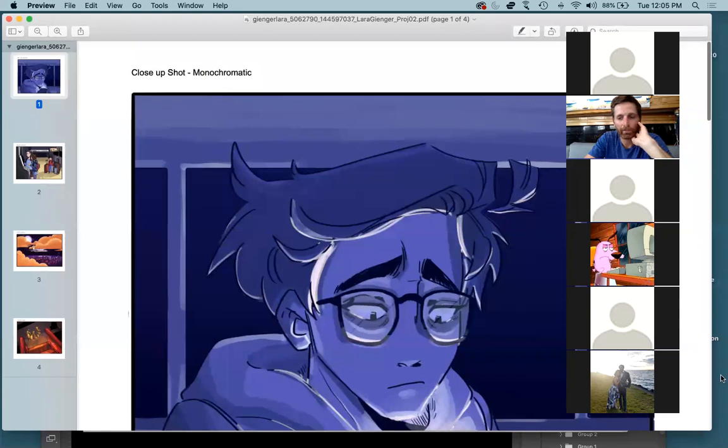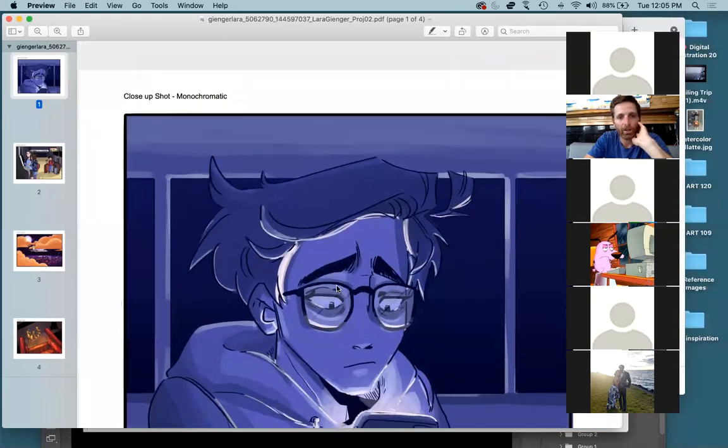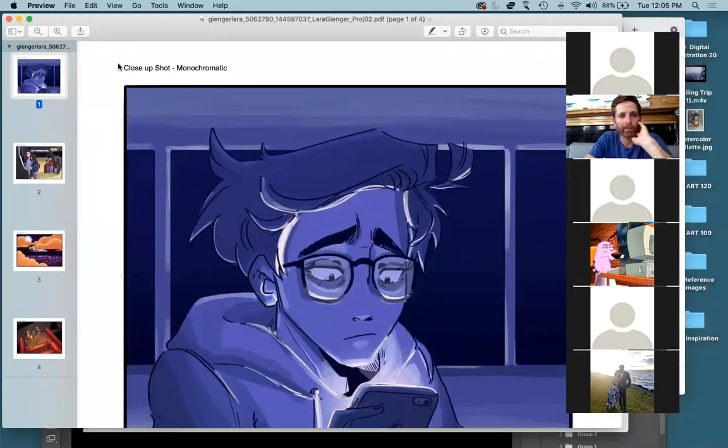This is Laura's from last summer. Oh yeah, so make sure too, the last project didn't have it, but label each drawing that you illustrate with what you're doing. So close-up shot and then monochromatic there. So I do want to see that labeled with each frame that you're illustrating for the next project, so I can know what thought process you're going through